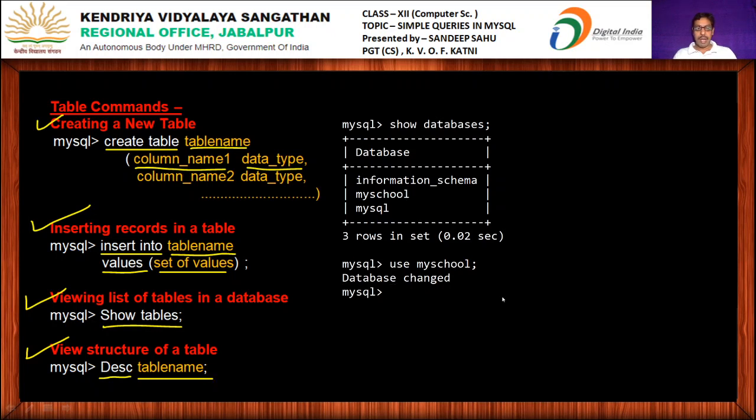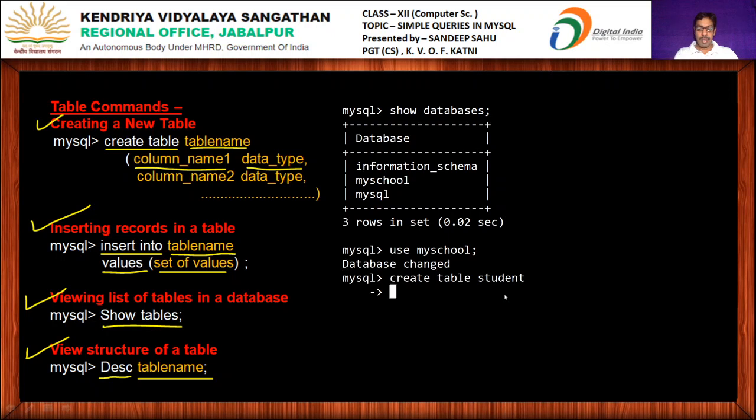So again, let's understand it with the help of an example. As we are under the MySchool database, and inside that database I am creating a table by the name student. So what was the command? Create table student.